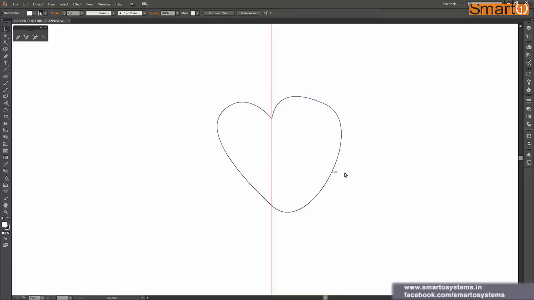So how can we correct this? How can we correct this overshoot problem? You will find this problem a lot of times because you have created some previous tangent and that is affecting your next anchor point. So for that we can press the Alt key while drawing. Now how will that work? Let's see. So again I am creating it from scratch.